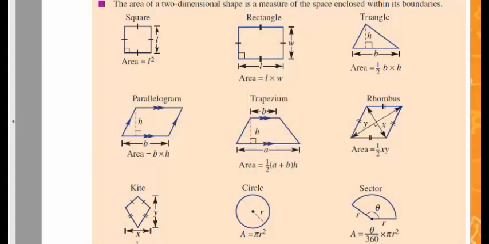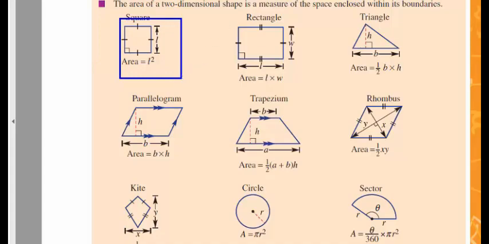We have in page 303 of your textbook the areas of the various shapes you should know, and you can see that there's 9 there, but you don't need to know all of them. First one you need to know is the square. That should be work you're already familiar with. The square